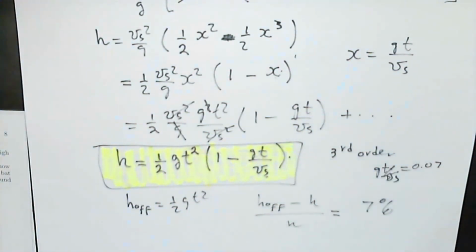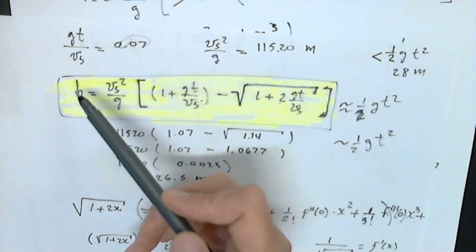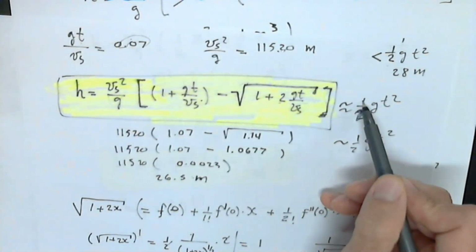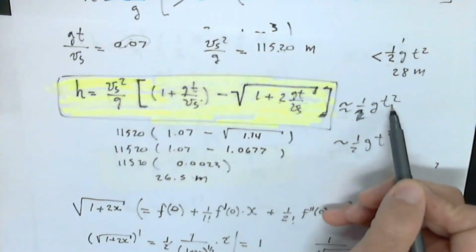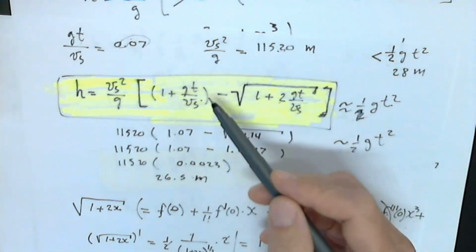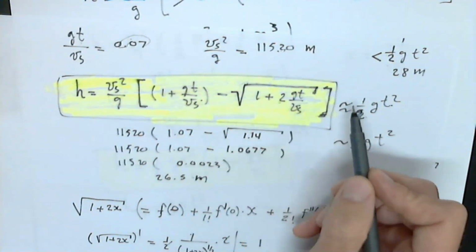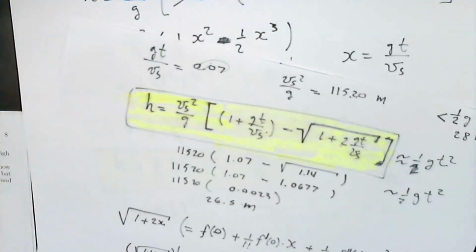because this is the factor. So this is the equation for the height up to the third order. This is the equation for the height exact, just using the quadratic equation. And it was very hard to see that this equation is an approximation of 1/2 gt squared. To see that this is indeed, to see that the first order term in this equation is 1/2 gt squared, you have to